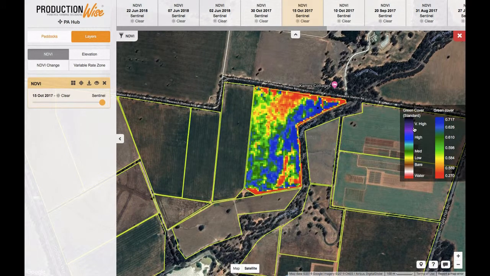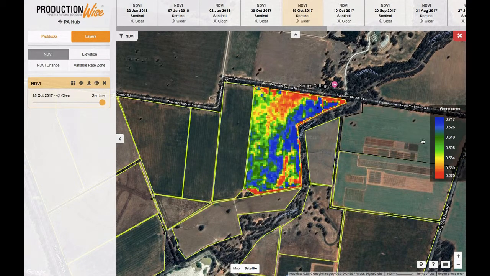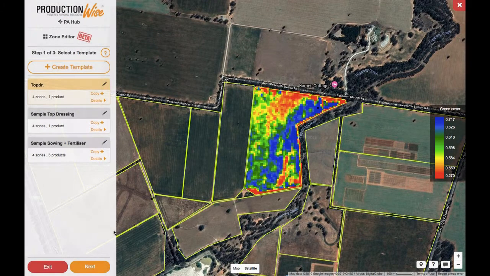This provides either a default stretch image known as green cover, showing the min and max range of the image values, or the standard green cover notionally showing the status of vegetative cover. Start the VR zoning process by clicking on the icon with 4 squares. The first step when generating a VR zone is to select or create a template that will be used to